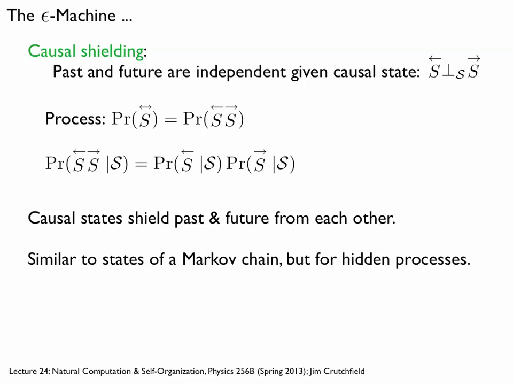So how are we going to do this? Again, we'll think of this process as described by an infinite chain of random variables with a past and a future. And what's the probability definition of this conditional independence? Think of it as if I had the probability of x and y given z, then x and y are conditionally independent if this joint conditional distribution factors into the product of the two marginal conditional distributions. In this case, the distribution over the process, past and future, given the causal state, is the product of the distribution over past given the causal state times the probability of the future given the causal state.